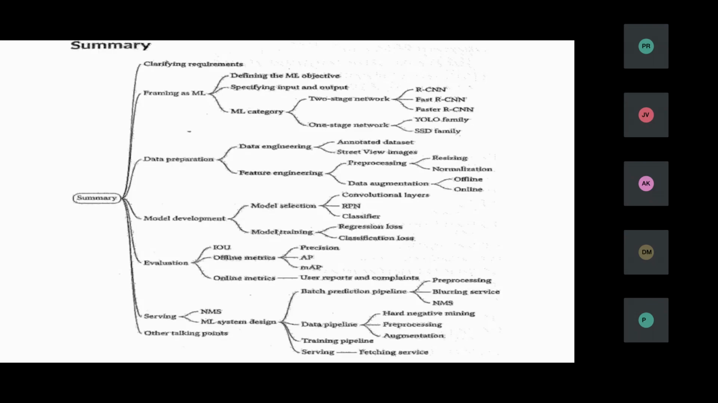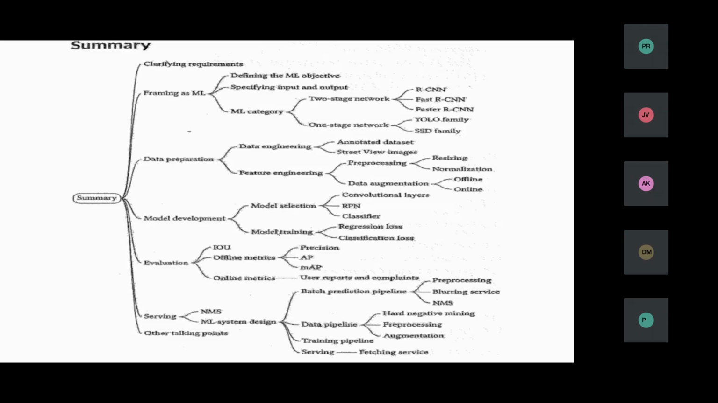So to summarize the whole presentation, we started first with clarifying the requirements, where we clarified what system we want to build, which was the blurring system, which blurs human faces as well as license plates for user privacy protection. We translated those steps into machine learning steps,